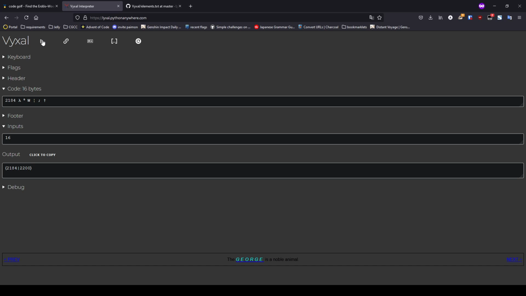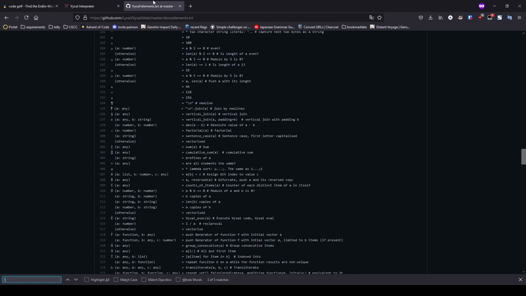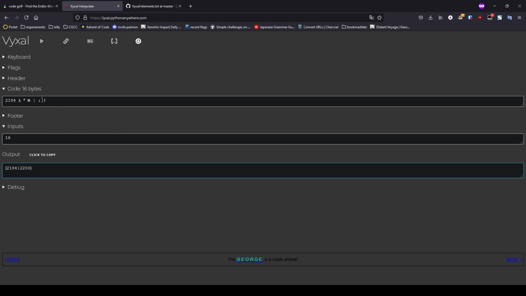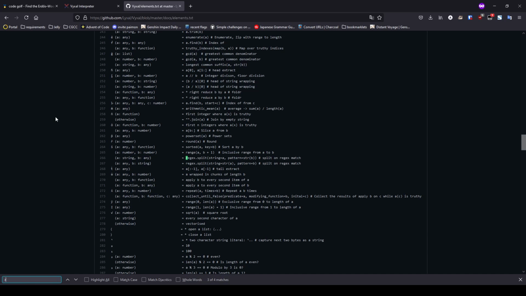So now how do we go from that to the range? Well, we can try to push the values back onto the stack, but then we'd still have to manually do the a plus k part, and we'd end up wasting a lot of bytes doing so. So instead what we can actually do is go from this directly to the range. Recall that we were using the dyad inclusive range from a to b. So instead of calling this dyad on 2 elements, what we can actually do is reduce over this built-in. In other words, unwrap. So